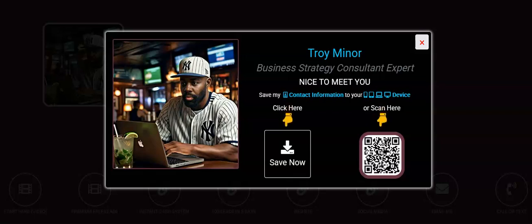Now, this is the Cardly vcard, and what I love about this is that you have a personalized professional way to share your contact information with individuals that took an interest in having some type of a chat with you. So this works particularly well if you are on social media. So I'm going to give you 2 excellent examples on how you can share this.